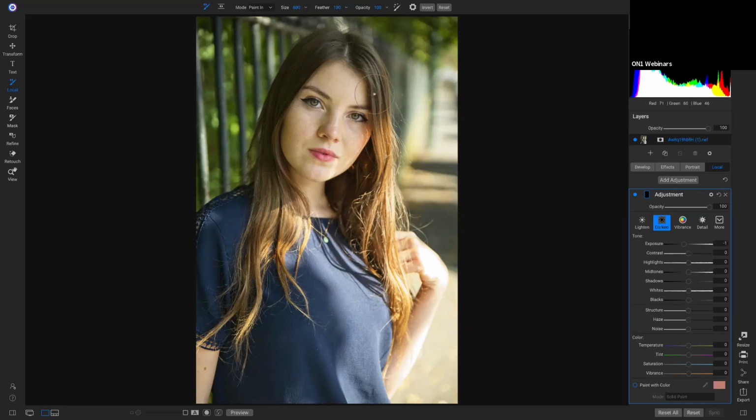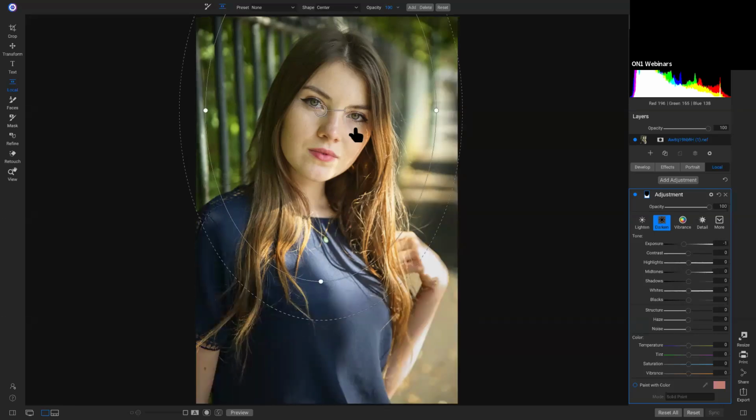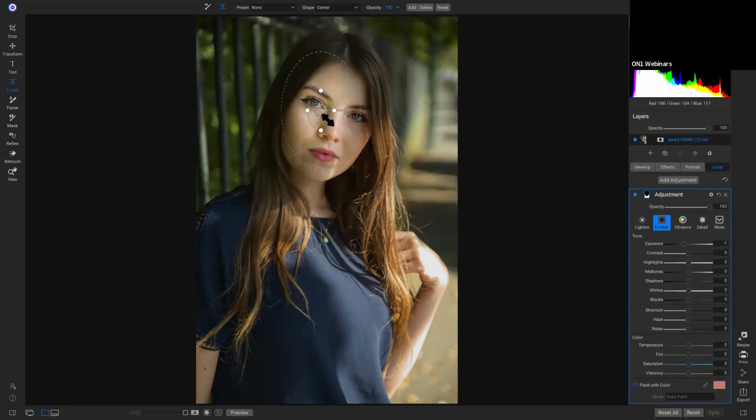So I'm just going to hold down Shift and hit K on my keyboard. That's going to grab my adjustable gradient. And now in my shape menu, I'm going to head down to Center. And the Center shape menu is basically going to take this adjustable gradient and apply the local adjustment everywhere around the center of my photograph, and it's going to protect the center of this mask so that I can modify this and fine tune it